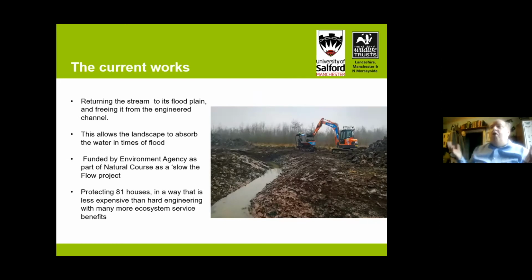And what we then did was re-meander the stream, and we built it so that it rejoined its floodplain. And when the water levels now come up, it can spill across the wider floodplain. It's got lots of pools along the system. It's got leaky dams and rock weirs and a whole range of habitats, allowing it to absorb the water within the landscape. So similar to the work by City of Trees.